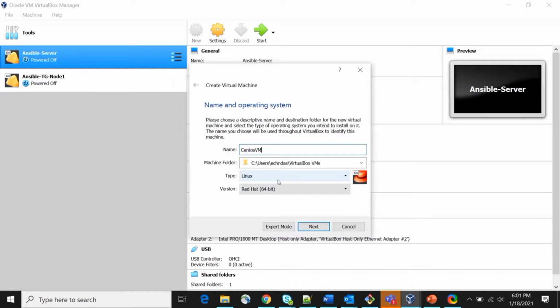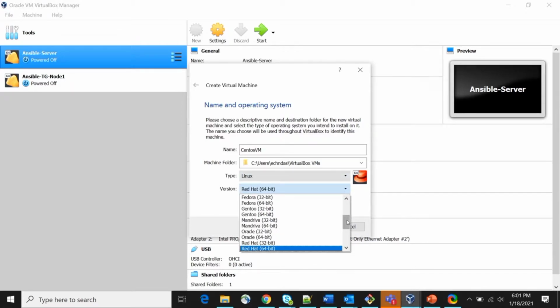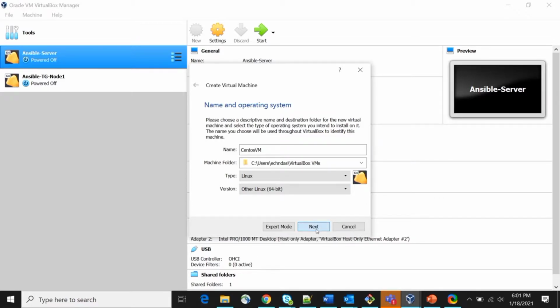You can choose what operating system you are going to deploy in your VM. I am selecting Linux here, and then lots of versions are available. Okay, so I am choosing Other Linux 64-bit.